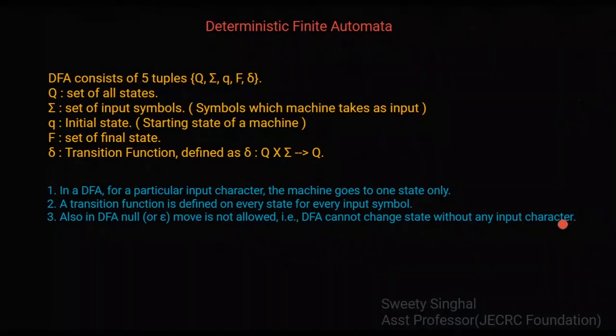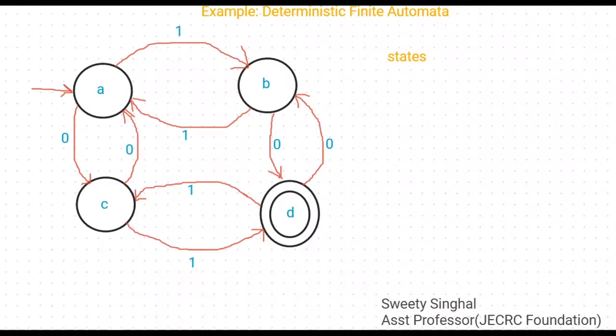Alright, so let's take an example so that you can understand what a deterministic finite automata is and how we can design one. When you look at this diagram, you may feel confused. What are these? What do we see here? Some circles labeled as A, B, C, D. Some edges, some arrows pointing here and there. And some labelings also like 0, 1, 1, 0. Let me explain what all this means.